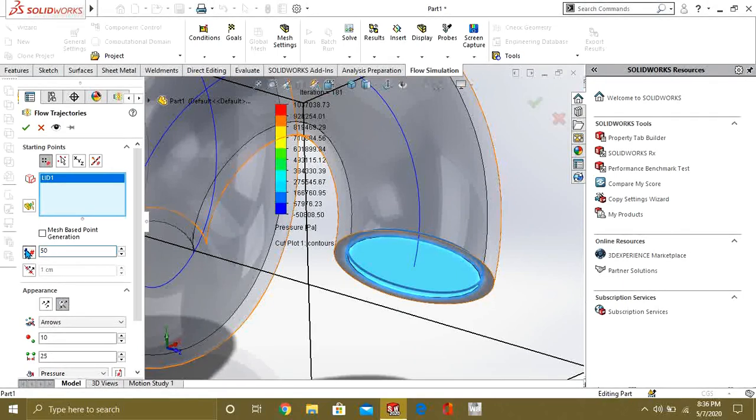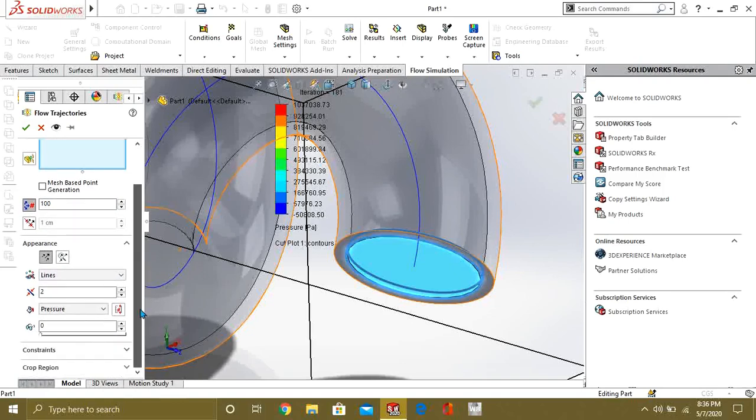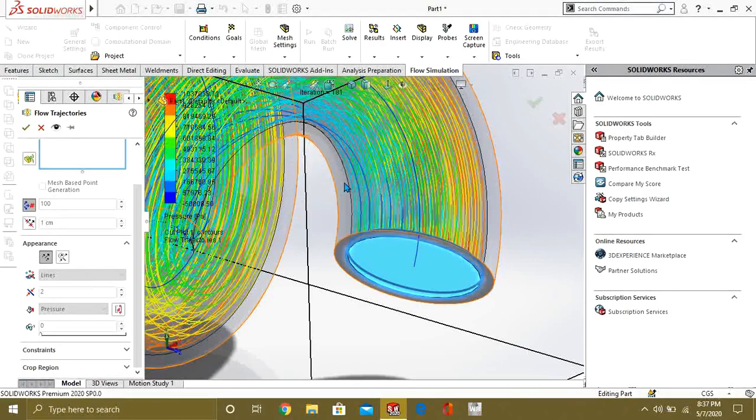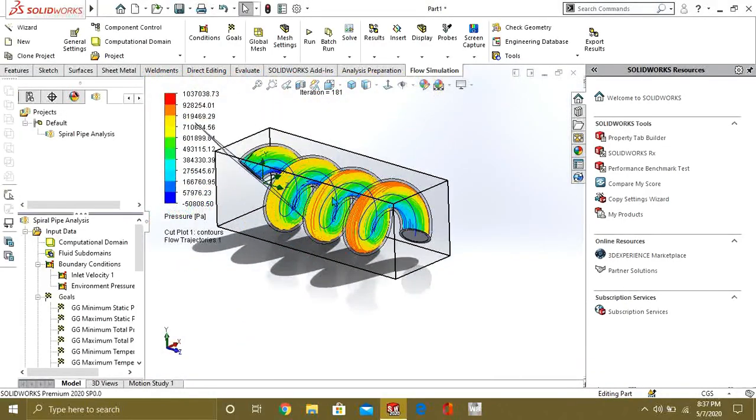I am giving 50, or let's give it 100, and from here you can select the representation of your flow trajectories, and from here we are going to see the pressure. Select OK.